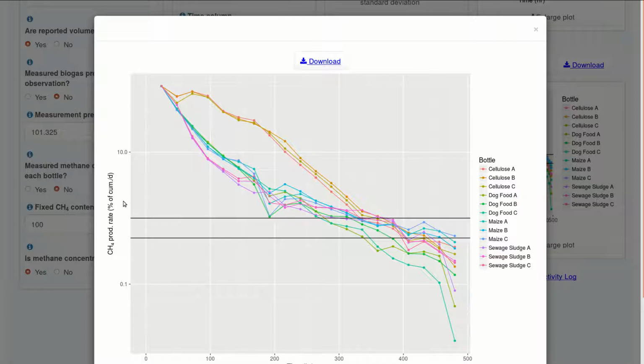That's after subtracting out the inoculum contribution. So this is as a percent of the cumulative value per day, and there are a few different standards floating around for determining when a BMP trial should be ended. One of those, for example, is that the relative production rate drops below 1% per day for at least 3 consecutive days. So here's a 1% line, and each of these points